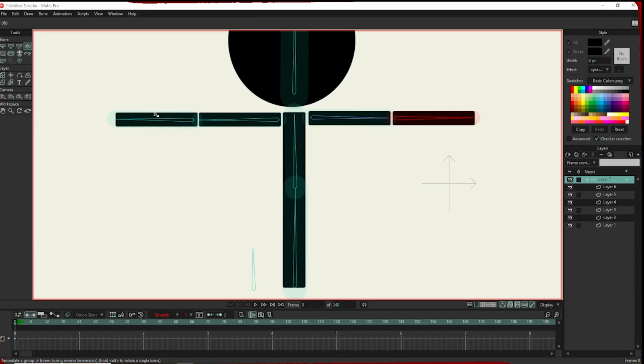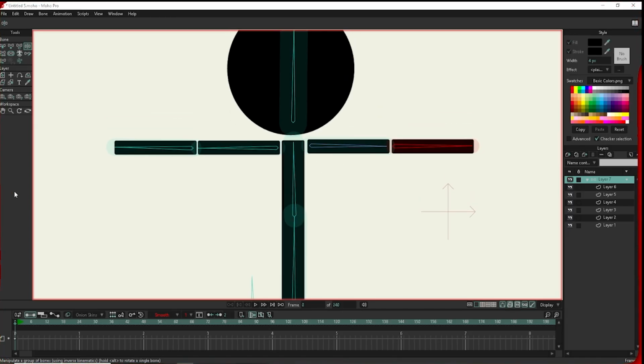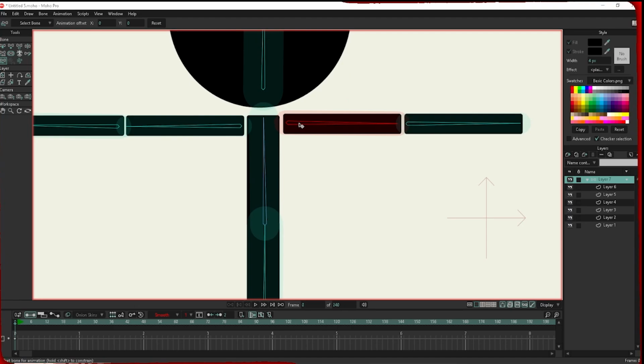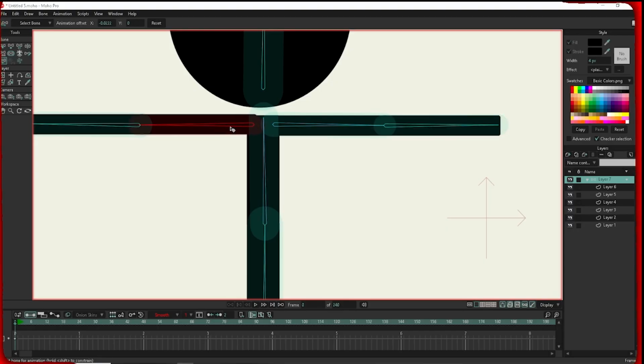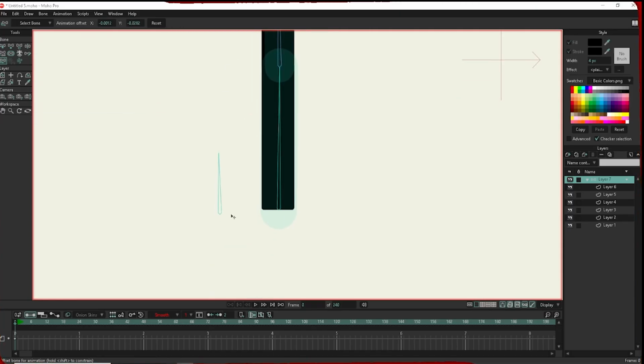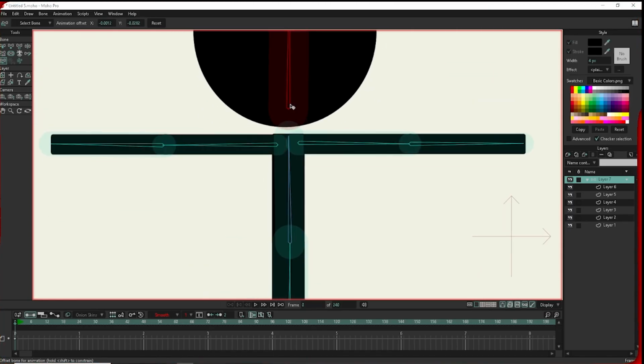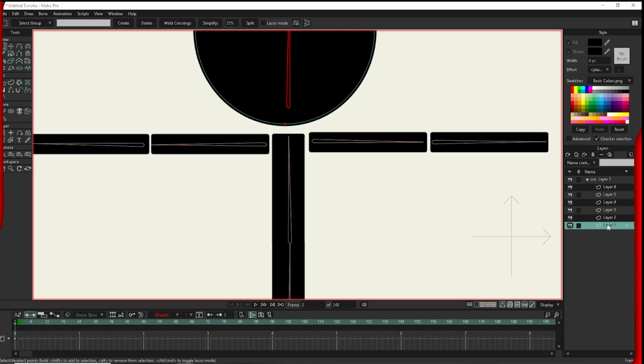So now that we have all of our bones in position and we just want to assemble our character correctly, we can go up here to this little bone tool, offset bone, and then we're just going to grab any bone and then we're just going to move it to where we want it. About there, we have none on the hips, and then we're going to bring the head down, and as you see, the head is behind these layers, so we're going to take our layer 1 and then we're just going to bring that up above layer 6 so it is on the top, and we're going to go back to